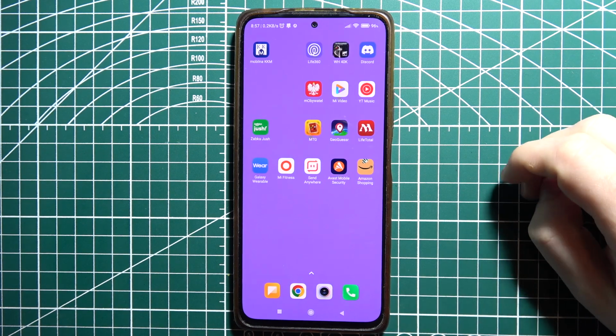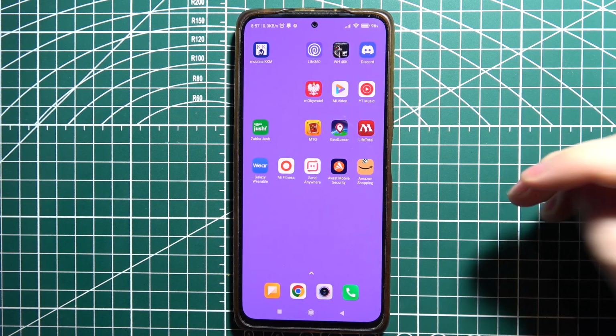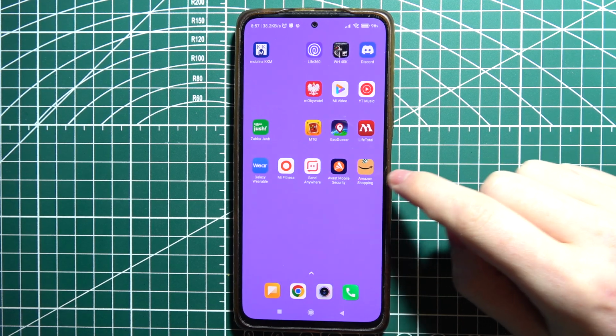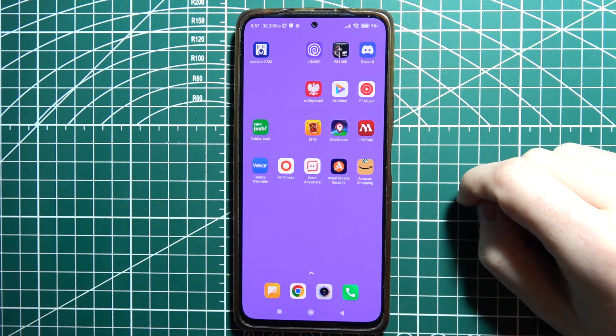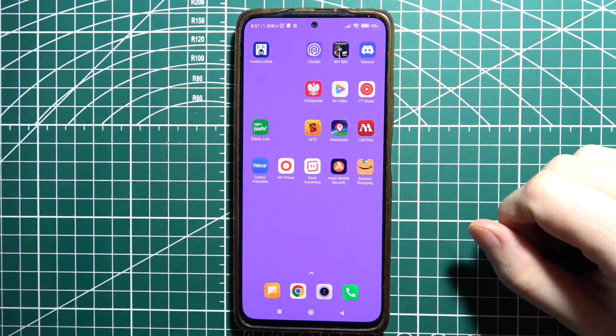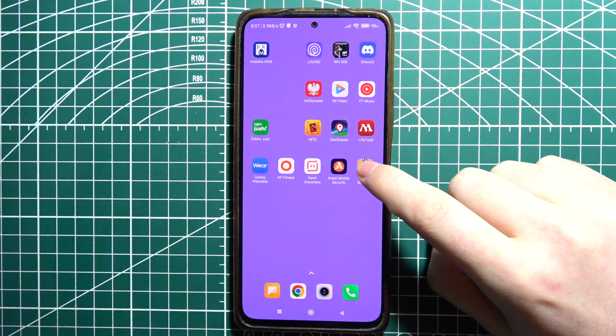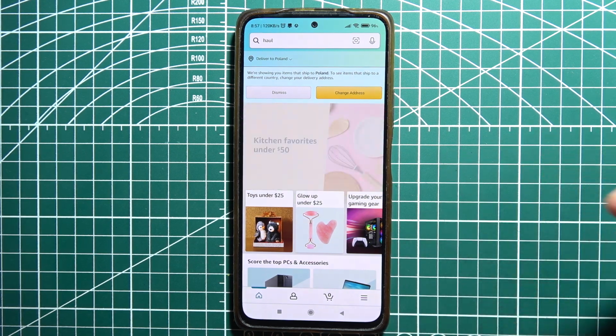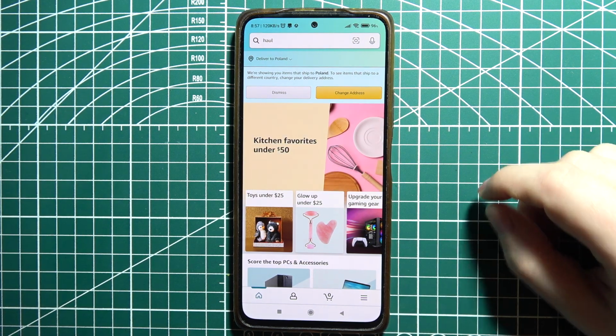To start using Amazon Haul, let me tell you that this service is only mobile, which means you need to download the Amazon Shopping app on your smartphone, and there's no other way to access it as of the date of recording this video. Also, there's one more restriction, as the service is only available in the US, which means you need to